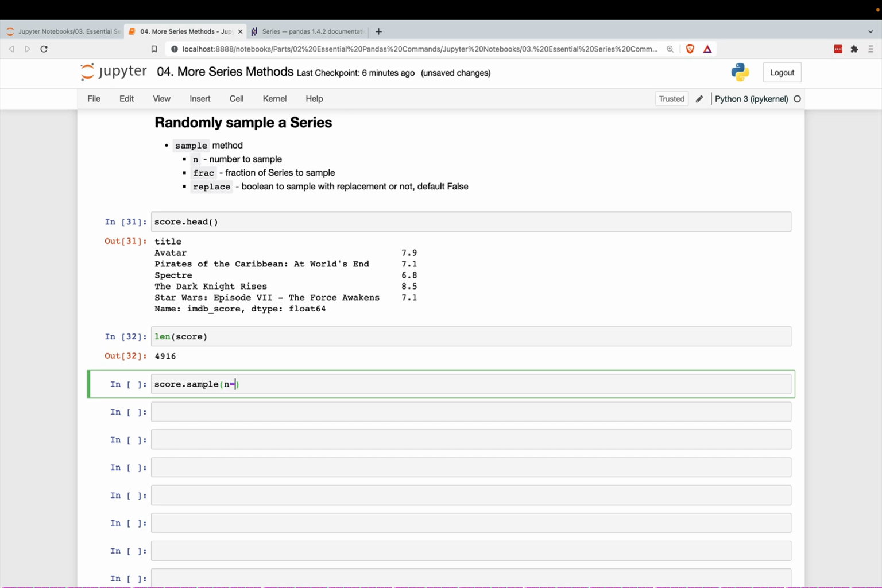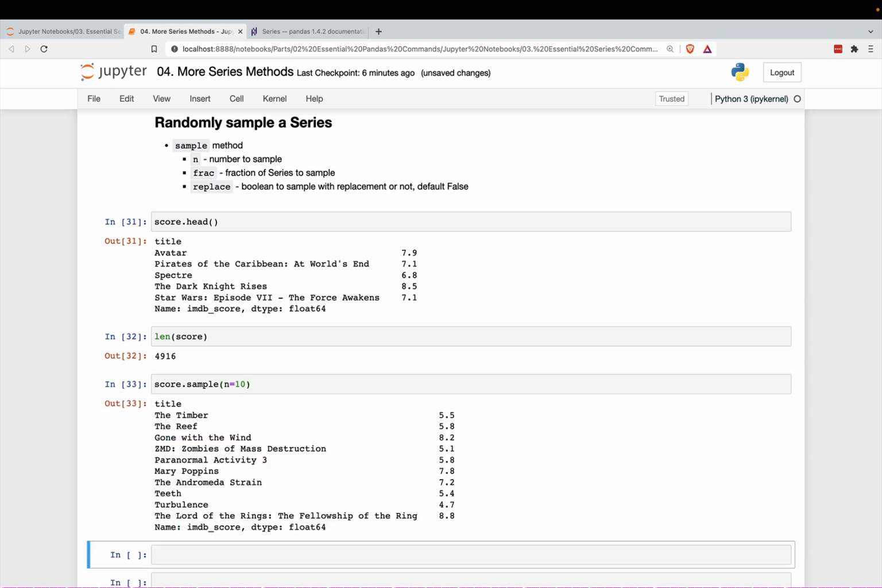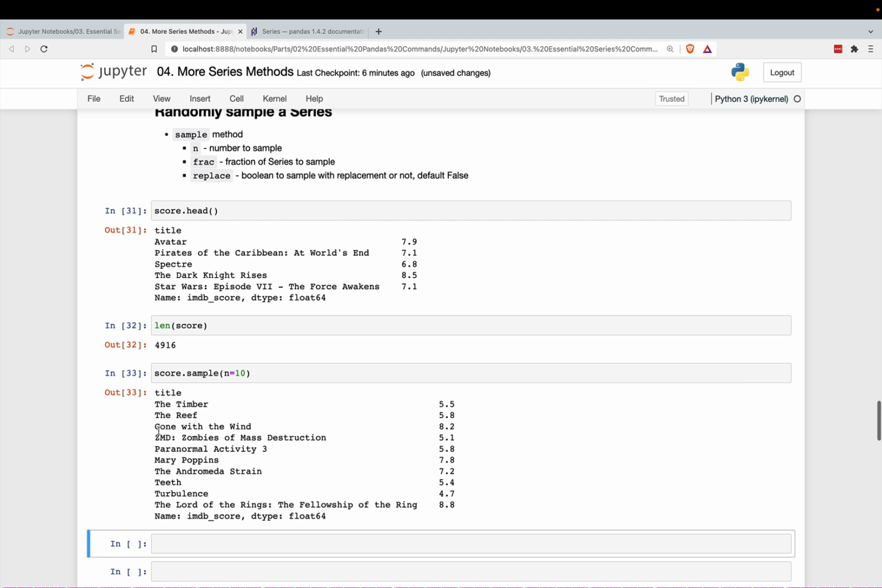If you know a specific number you want to select, let's just say 10 random movies from here, really they're scores, this will be it. If you're looking to, for whatever reason, pick some random movies, you can do this. n equals 10. Now, it does not sample with replacement, so you'll never get the same row twice, which means